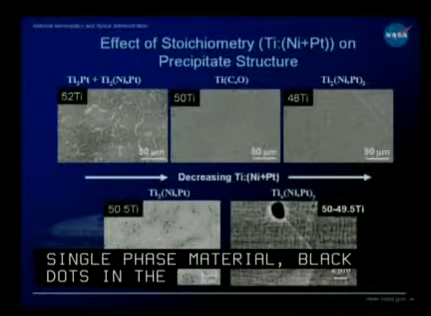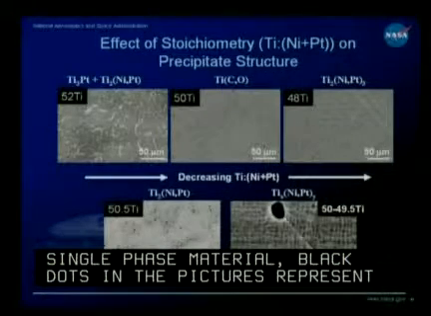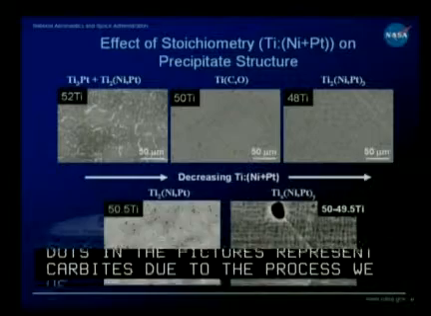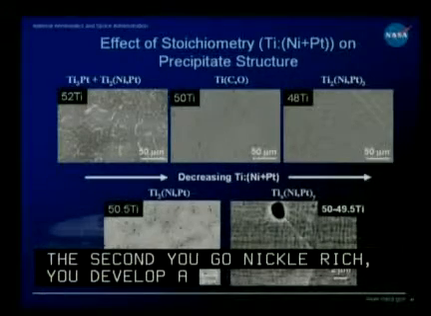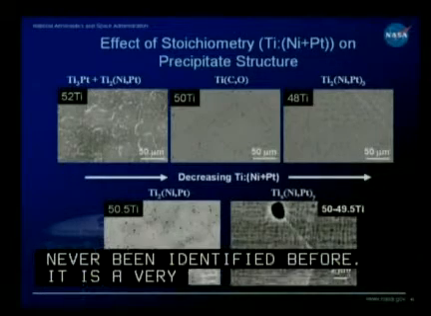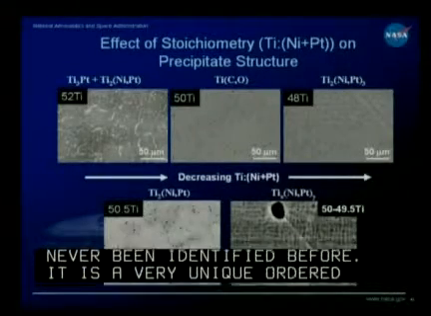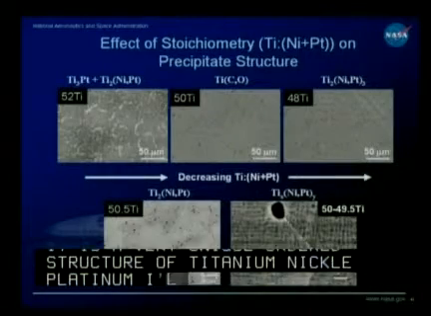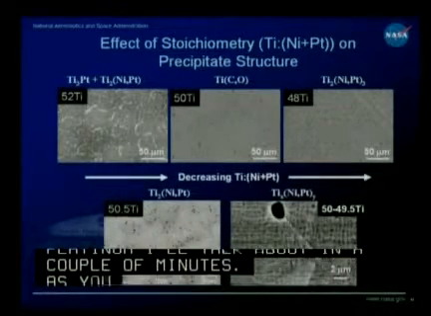We use graphite crucibles. But the second you go nickel rich, you develop a new set of precipitate phases. One is a new phase that's never been identified before. It's a very unique ordered structure of titanium, nickel, platinum that I'll talk about in a couple minutes. And then as you go further nickel rich, you get basically a Ti2Ni type phase in these